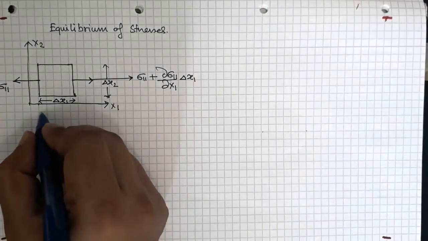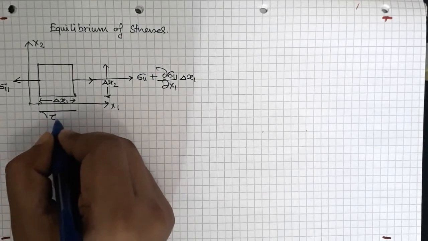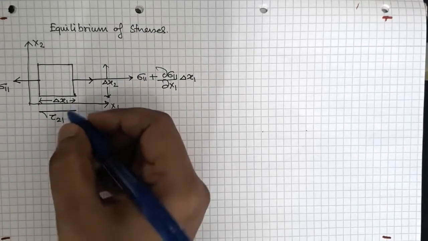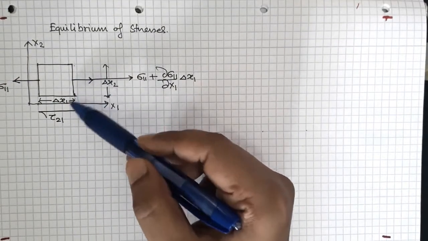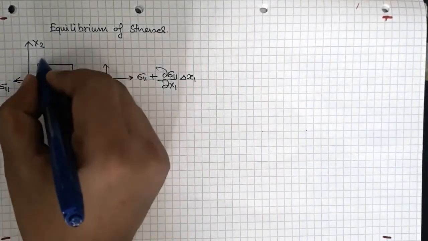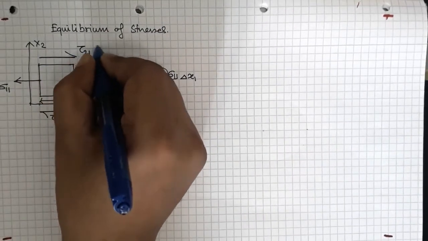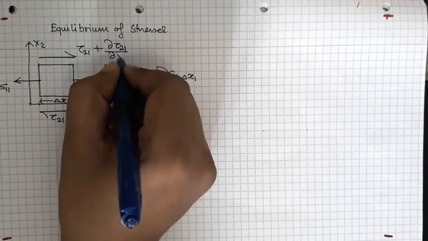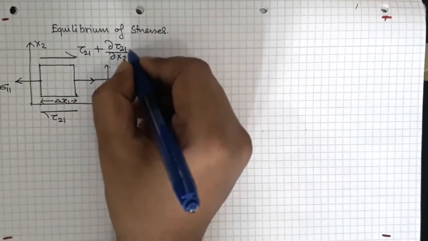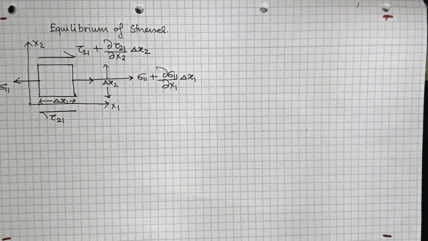Similarly, I have a shear stress which will be tau 21 or sigma 21. And with a change in the x2 direction, if I go up, the shear stress changes by an amount del tau 21 by del x2 multiplied by the distance I have moved, which is del x2. Okay,